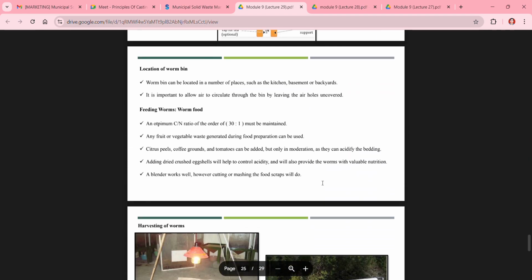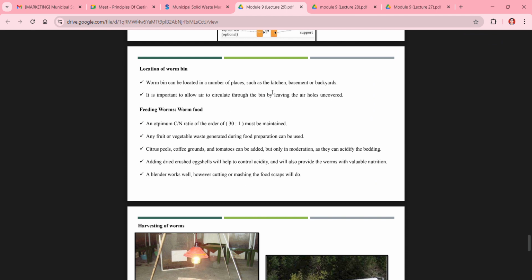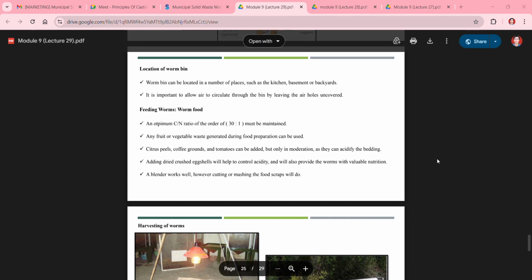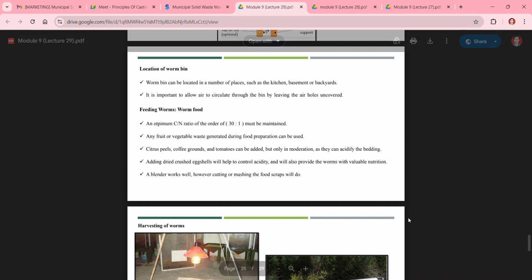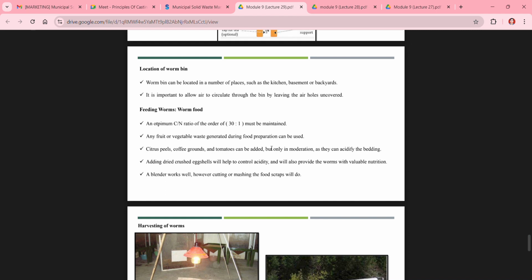Then there is the location of worm bins. Worm bins can be located in a number of places, such as the kitchen, basement, or backyard. It is important to allow air to circulate through the bin by leaving the air holes uncovered, because that will help the worms to sustain. If we are not providing a proper aeration system for the circulation of the air,